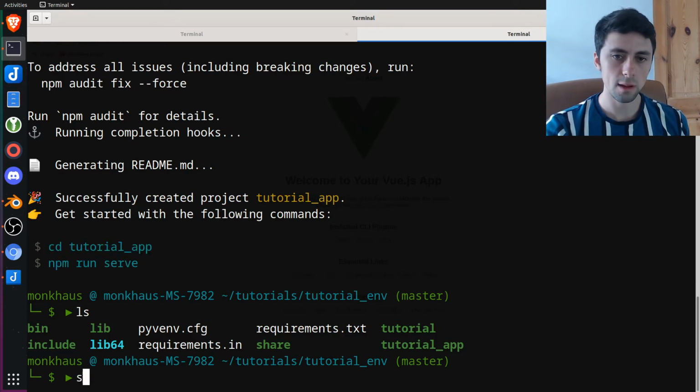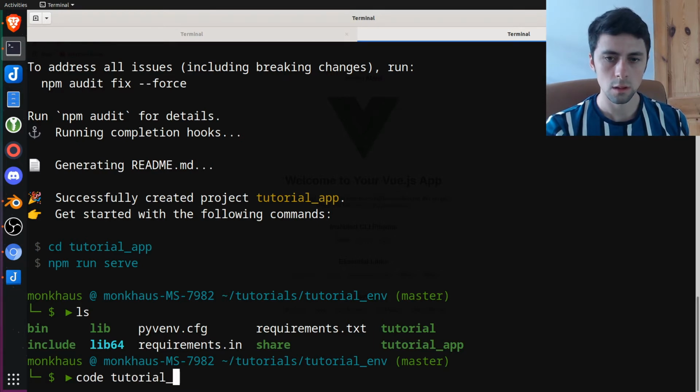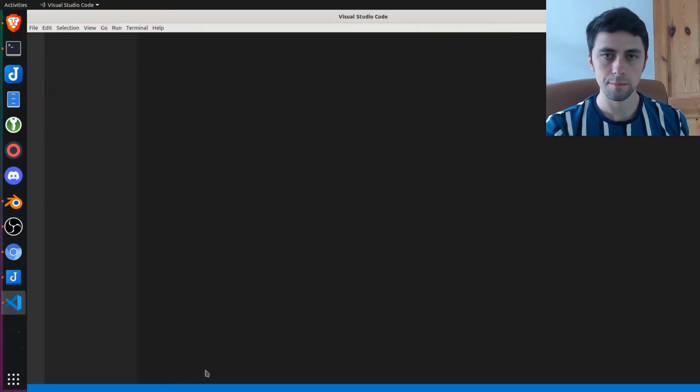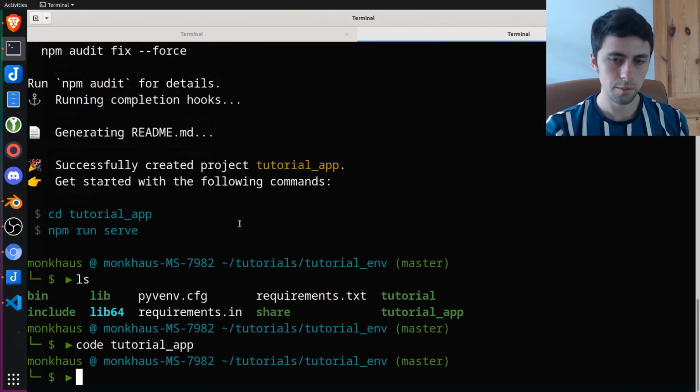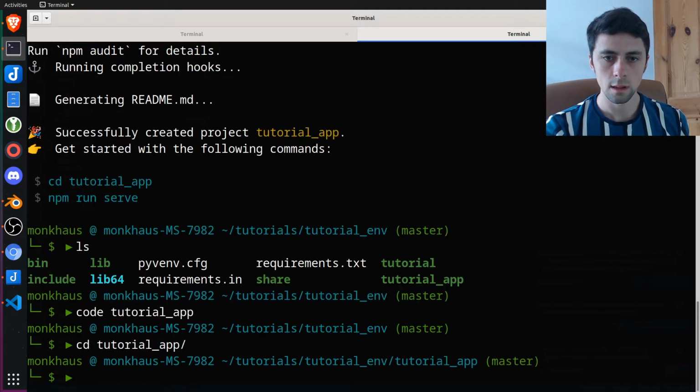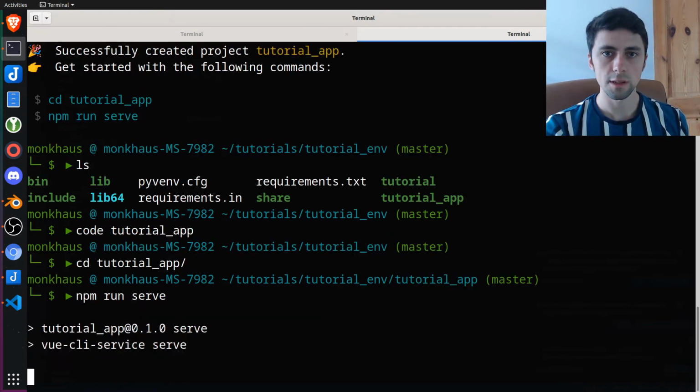But before we do that, I am going to open the whole directory in my editor. So tutorial-app. So that's now open, and we want to navigate inside it and just do exactly as it says, npm run serve,